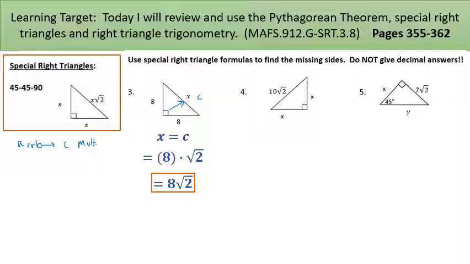All right, think about what we have. Here's my right angle. So there's my hypotenuse. 10 square root of 2, that's C. So what am I trying to find? I'm trying to find A or B. So if, let me change my color here so this makes a little bit more sense. If we know,